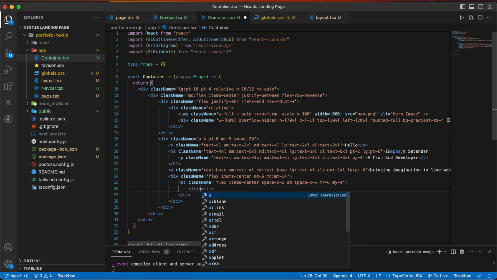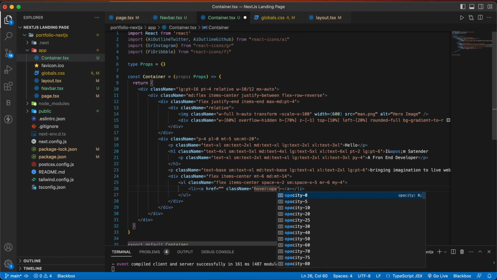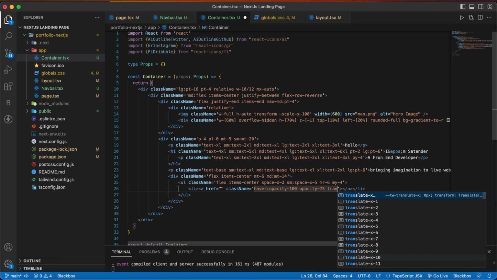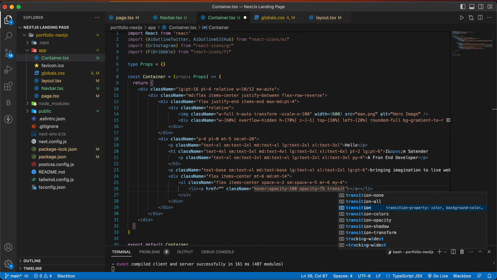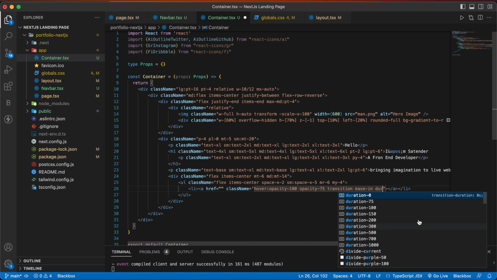So inside the li we are going to have an anchor tag, and then we are going to have a class name. So if hover, then we are going to give opacity of 100, otherwise we are going to give opacity of 75. Then let's give a transition of ease-in, and duration will be 150 milliseconds.